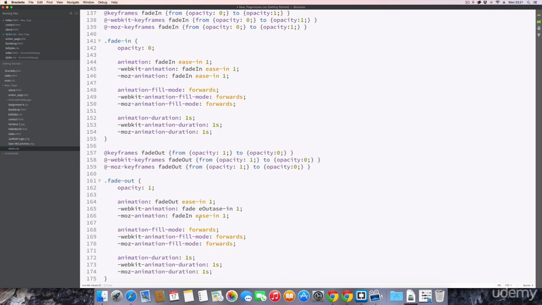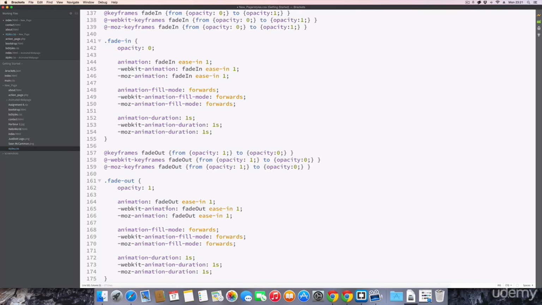And then final one, and we'll just do the one above. Seems I've messed up. Obviously my keyboard jumped there. So there we go. That's created the fade out class,